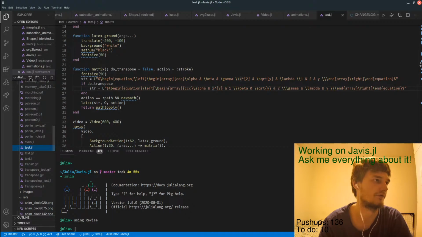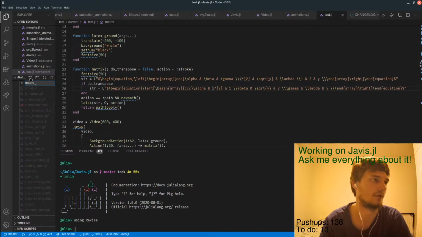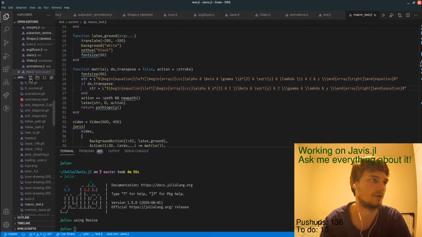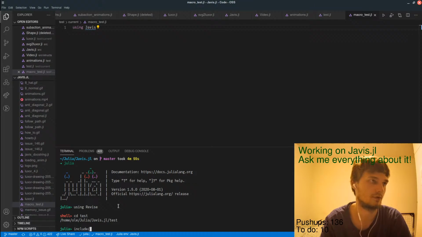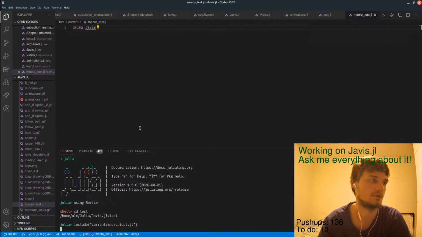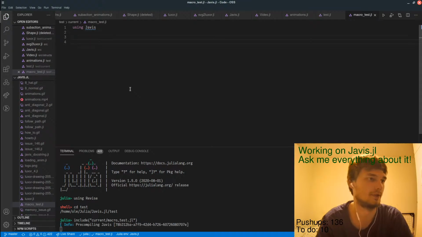Okay, then let's have a macro.jl using Javis. Current macro. Okay, pre-compiling Javis starts.